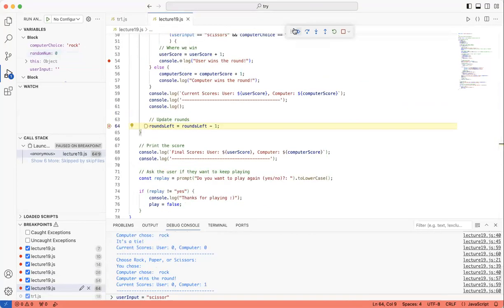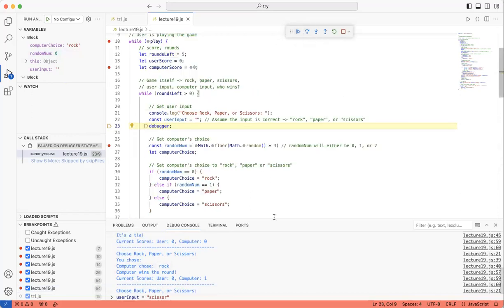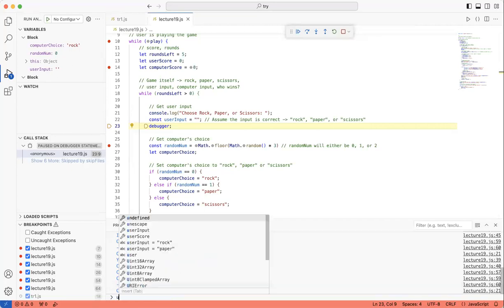As you can see, the random number remains the same over here. It did not change. So over here, the user wins this round since our input was not recognized. It was not recognized because we did not have the S at the end. So let's continue. It's asking me to input something again. So let's try it out.